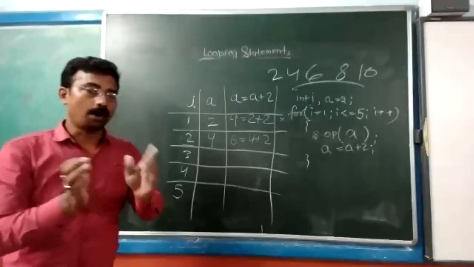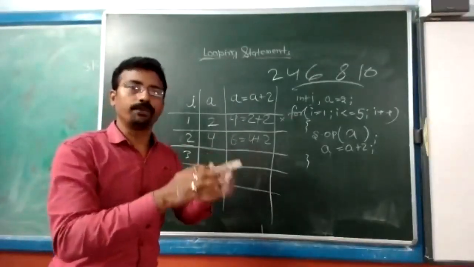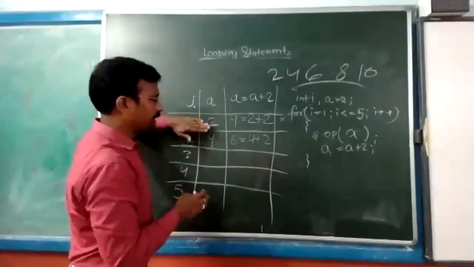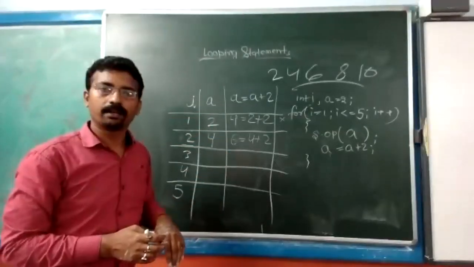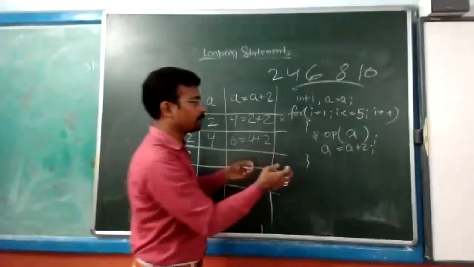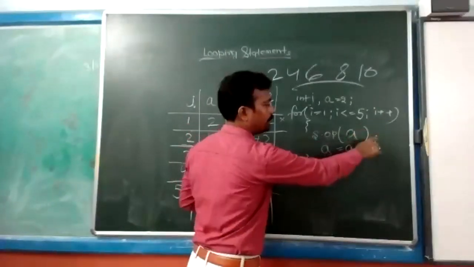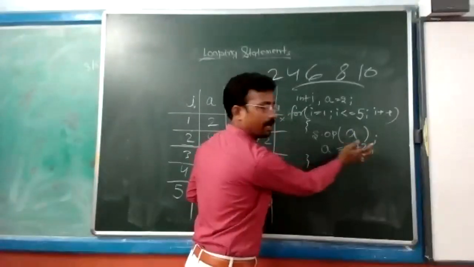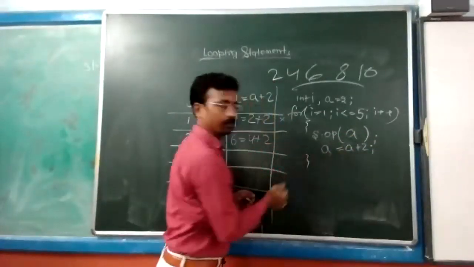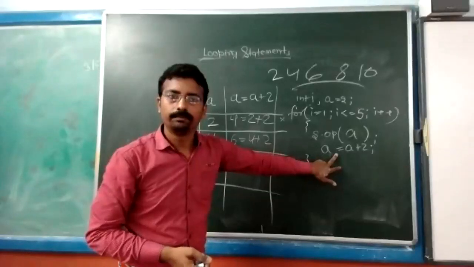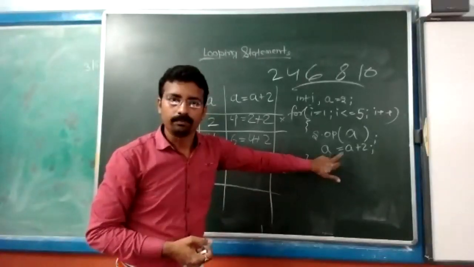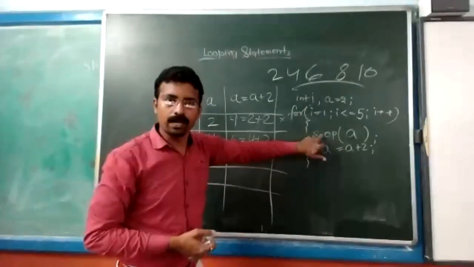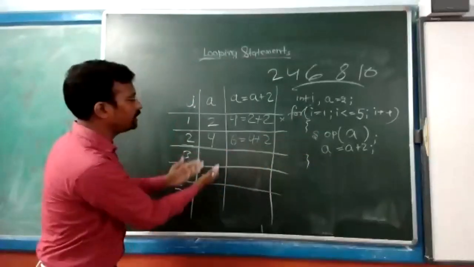Now see how you are going to confuse yourself. You are saying, sir, how did it become 6 from here to here? How will it be? Simply see, this is another statement. A statement changing is there. This will execute, then this will execute. So first this will execute. Which will execute? This one or this one? This one, right? So the same way I have written here.